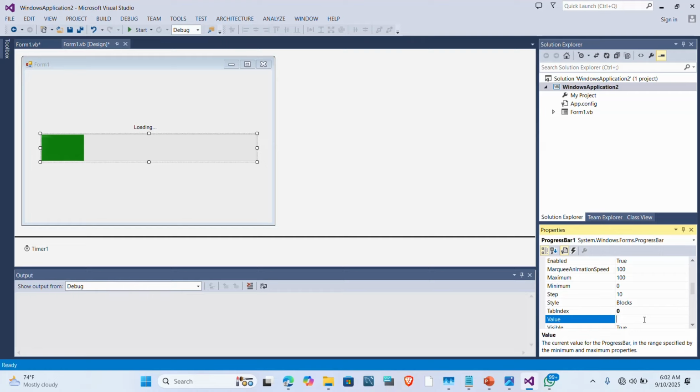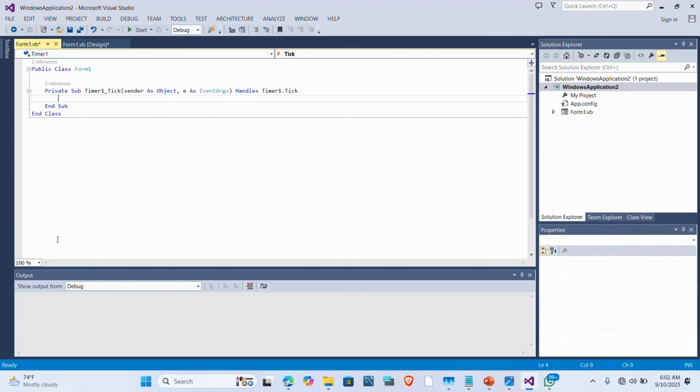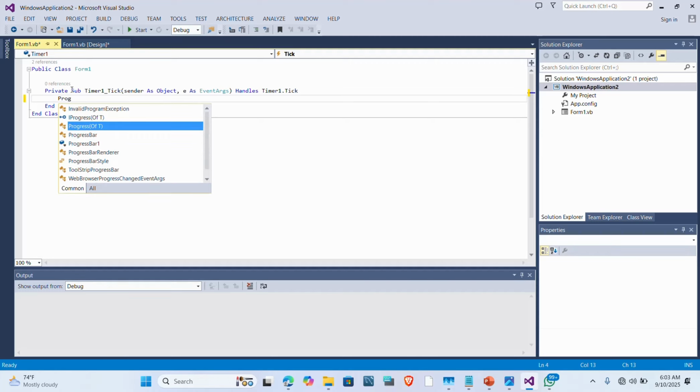So let's put 10 here. So 10 is fine, so that it will be small like this. You can choose any number you want, but I prefer 10. So you click on the timer here, then you write something like progress bar dot increase. Okay, so I should increase 5 times. So this is it. So you just write progress bar